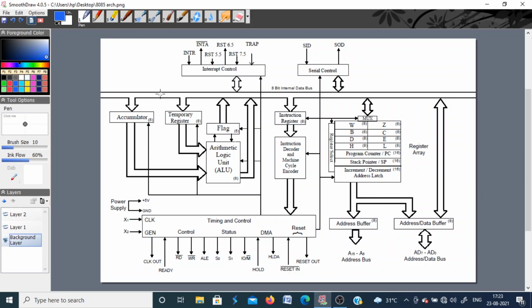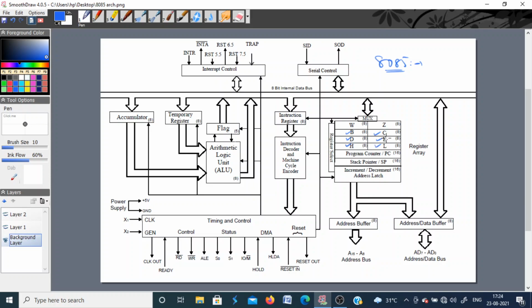Okay, we were discussing the architecture of the 8085 microprocessor. We have discussed almost all the blocks in this diagram except a few signals that we will discuss, and then I will come to the pin diagram. You have seen that we have 6 general purpose registers, that is B, C, D, E, H